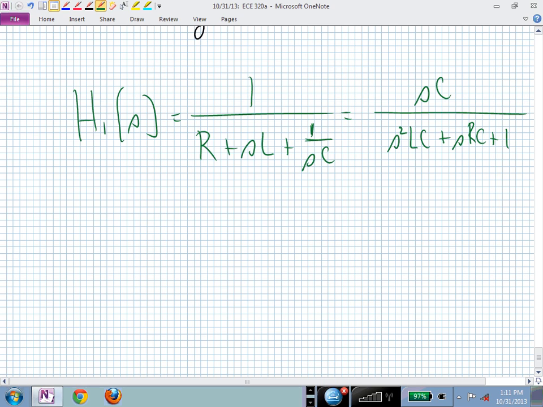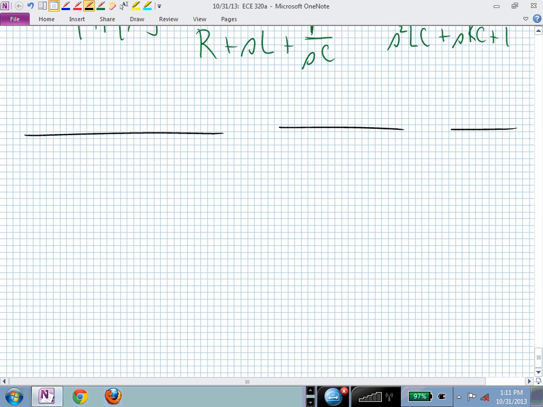What do we want? I know, you want to go home. No, don't be thinking that way. This is fun stuff, right? So we want to find h sub 2 of s. A second transfer function for the same circuit. And this one we are defining to be,